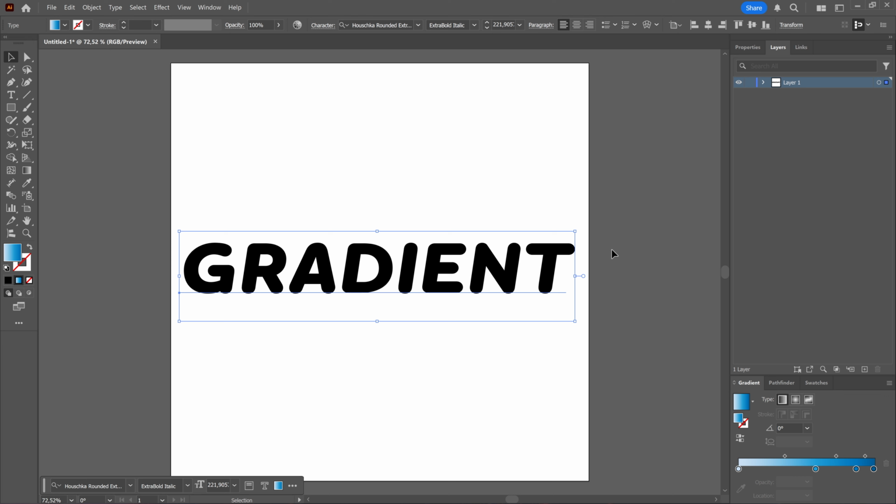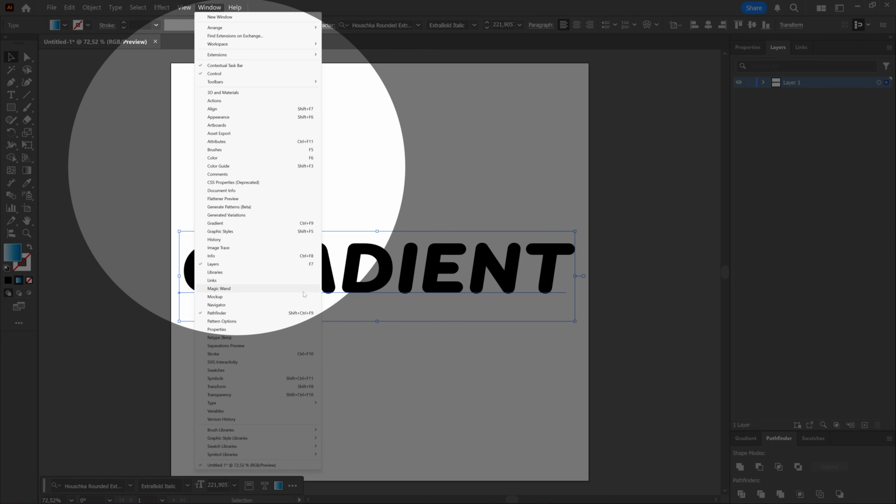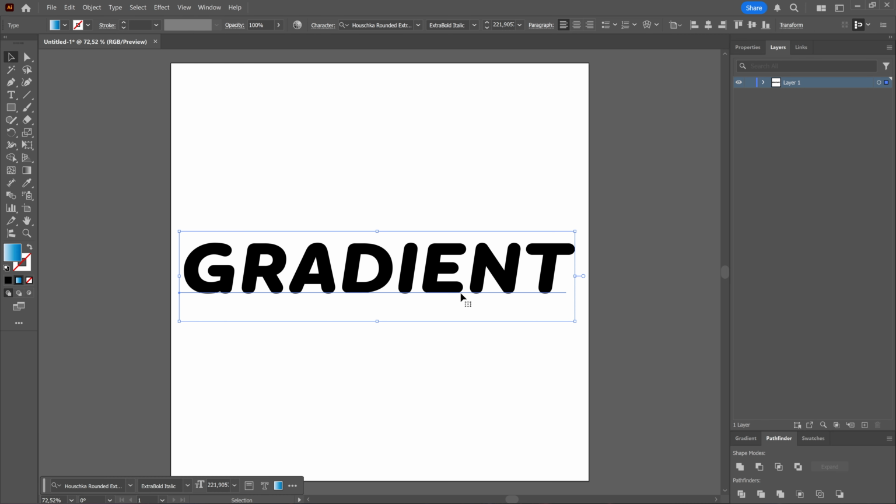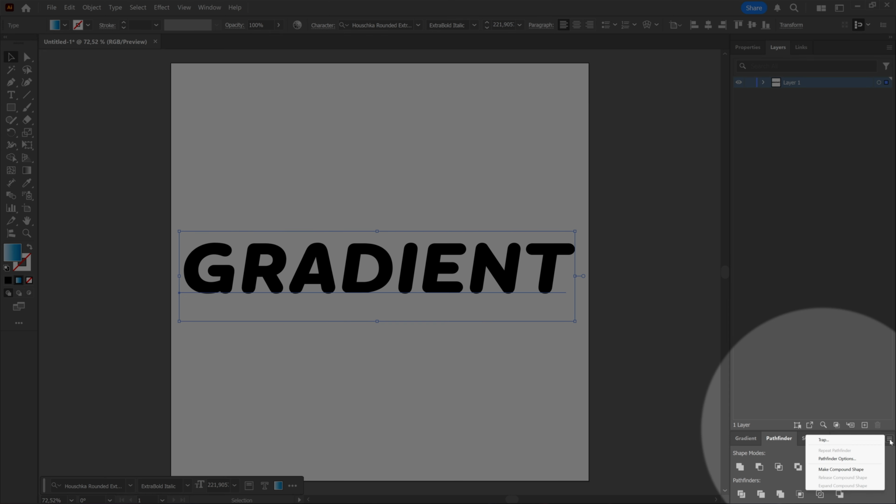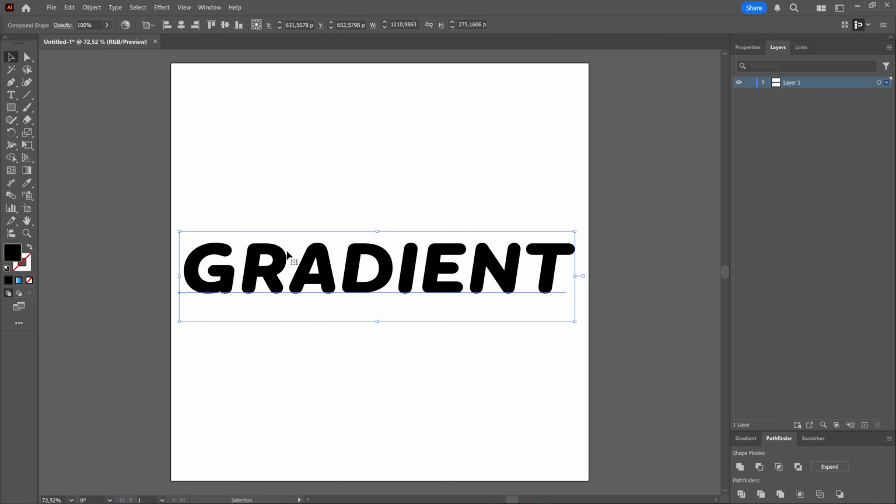The way to fix this is by having your text selected and then going to the Pathfinder window. If this window isn't visible, then again, you can go to Window and choose Pathfinder. With your text selected in the Pathfinder window, if you click this hamburger icon, you can choose to make a compound shape. Now, you don't see anything happening apart from that in your layers window, it is now a compound shape and